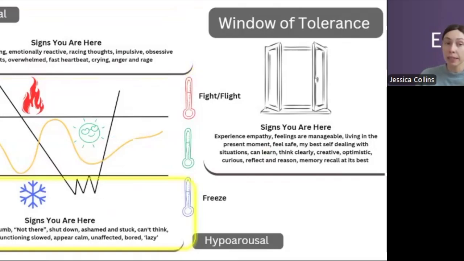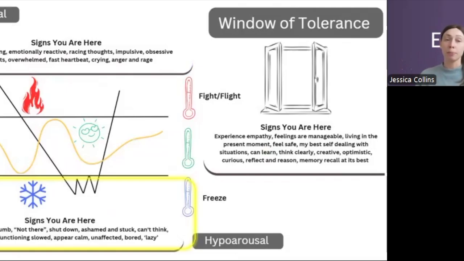In hypoarousal, we might see this general sense of really flat affect, so maybe emotionless, extremely low in energy, lethargic, slowed in their functioning. People might report a degree of numbness, or you might notice that. They might be telling you about some really difficult experience, but their emotions aren't matching what they're telling you. It feels like they're just really numb or emotionally blunted.